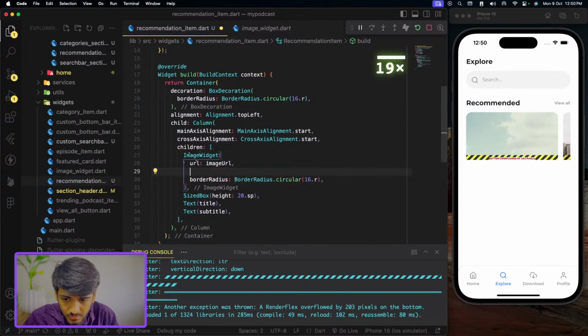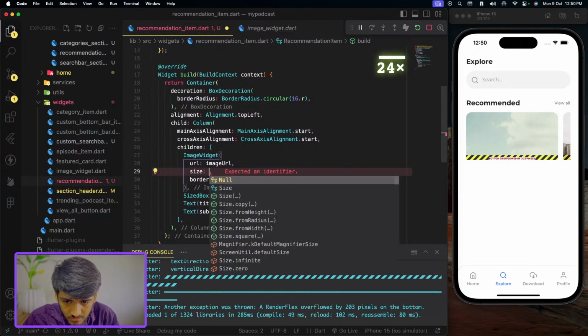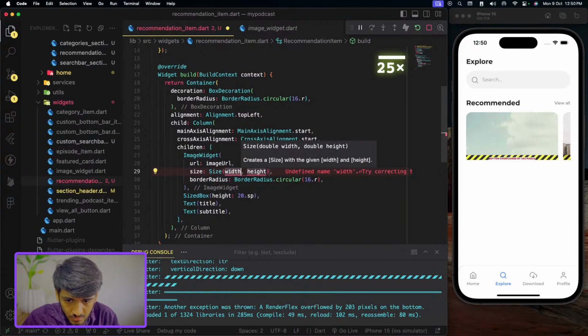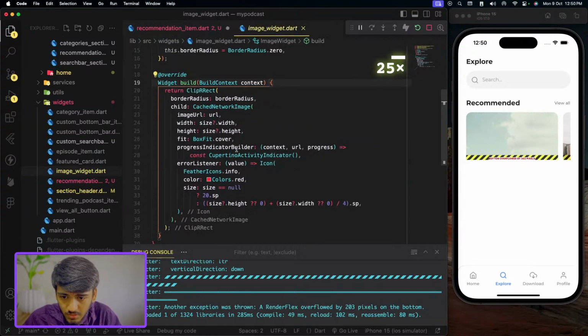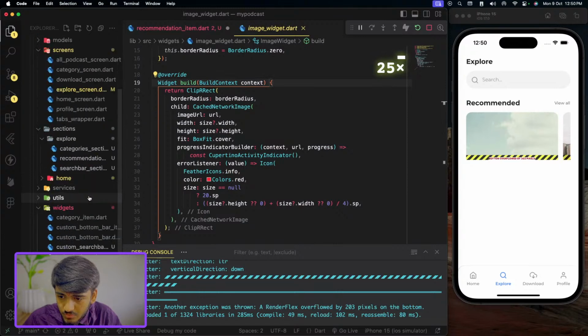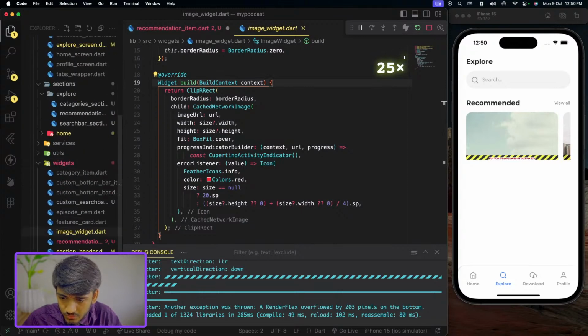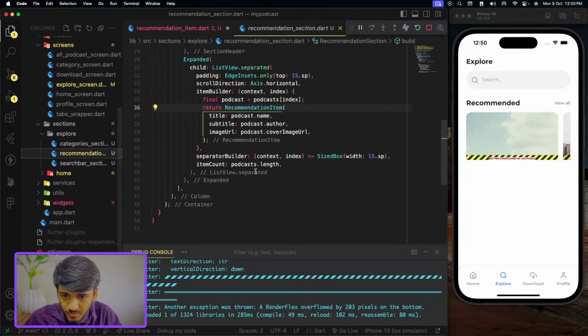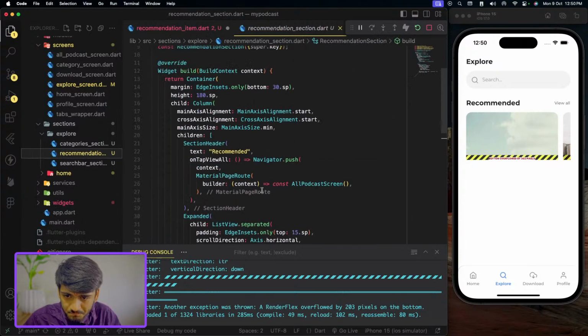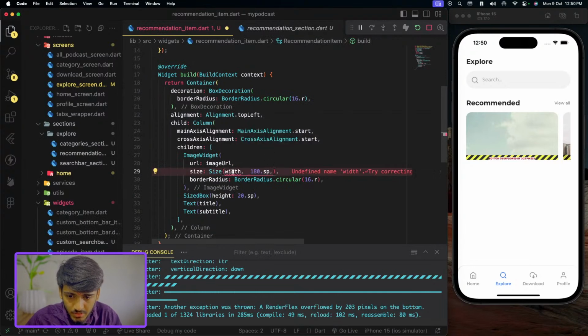Let's have the size. Now let's focus on height first of all. Not an image widget, but we can go to recommendation. Yeah, you can use this height,